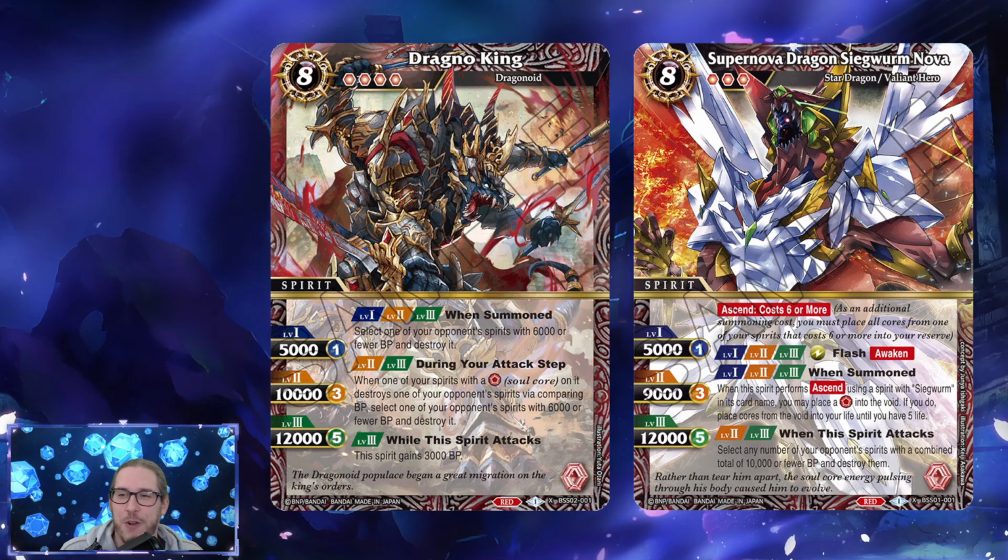But in general, I think there is going to be some bridge between these two. As the meta develops and as it becomes more relevant to only kill one thing of 6k, and because you can just do it in one card while having that repeated removal, I think Dragno King is going to be the one that takes the focal point for this deck. However,